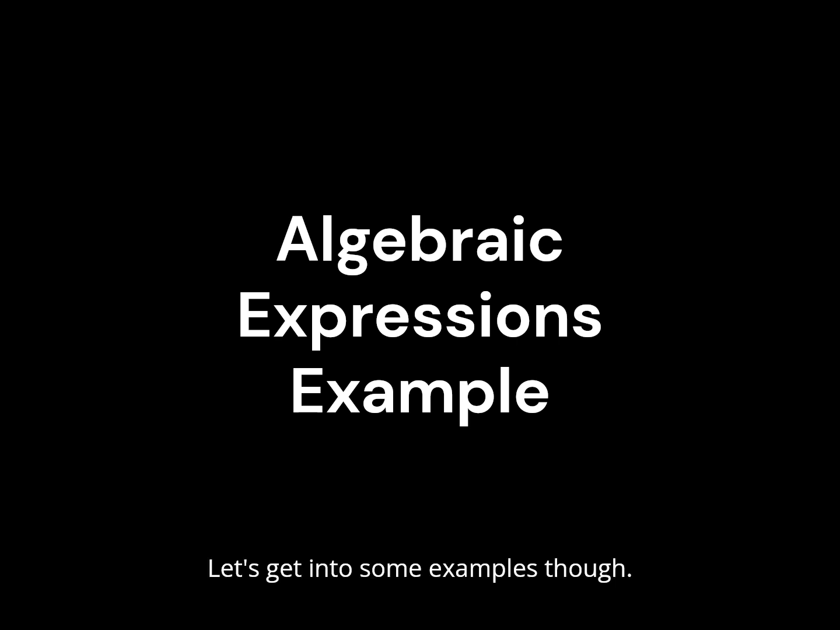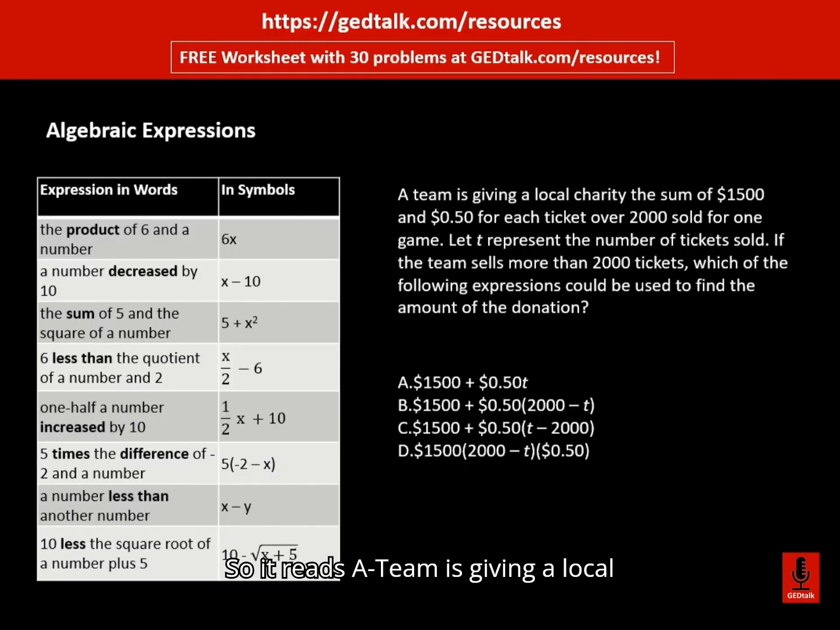Let's get into some examples though. It reads, a team is giving a local charity the sum of $1,500.50 for each ticket over 2,000 sold for one game. Let T represent the number of tickets sold. If the team sells more than 2,000 tickets, which of the following expressions could be used to find the amount